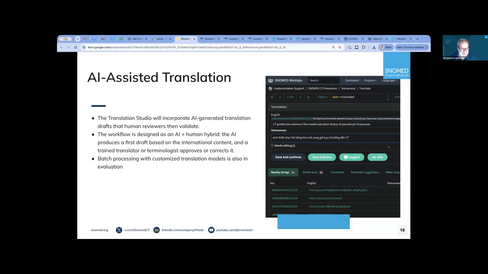Usually in the past, creating a full language translation was a multi-year project. SNOMED has, like we say, almost 400,000 concepts, so a full translation requires 5 years at least, or sometimes even more, of teams of translators, companies providing services, going through SNOMED reviewing and things like that. So we are working more and more on facilitating ways in which the first step of translation can be done with AI. The new translation studio will have that integrally developed by nature in it.